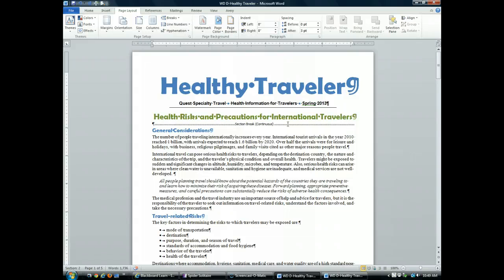Also, just to point out, we would not be able to see that section break if we hadn't turned on the formatting marks. Also, you'll notice down on the bottom left in the status bar, our insertion point is located in section 2. We want the text in this section to appear in two columns. So we're going to go up to the Page Setup group, click the option for Columns,